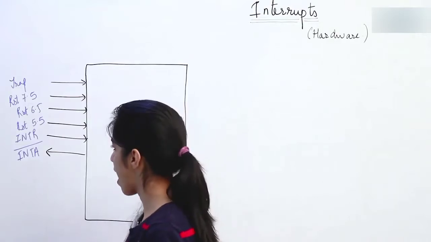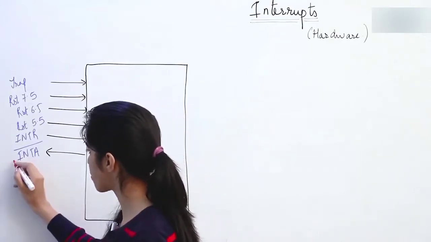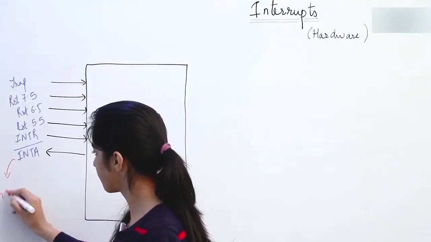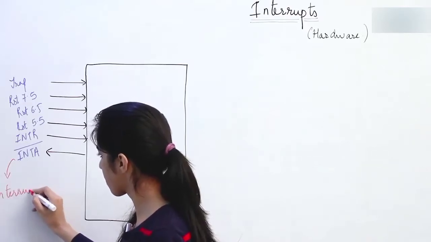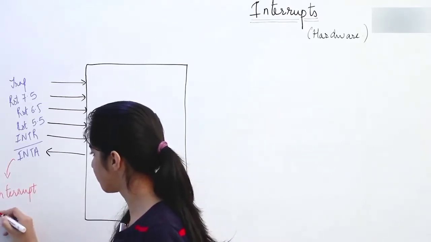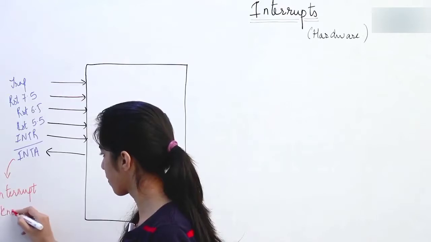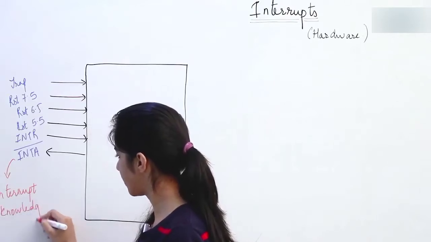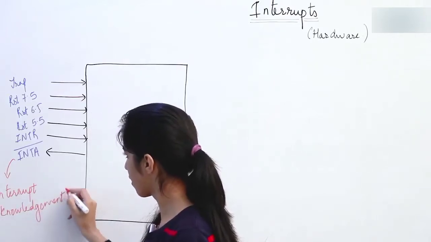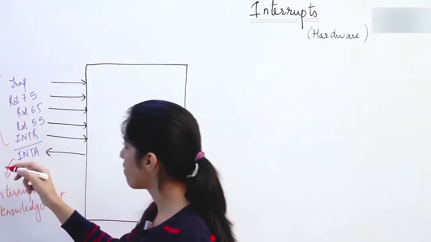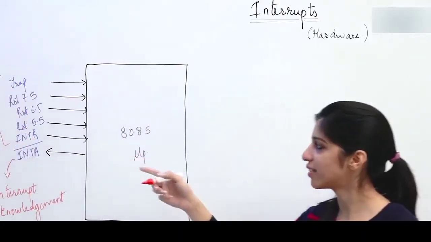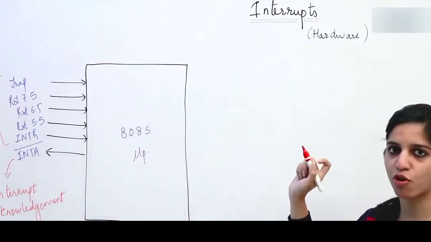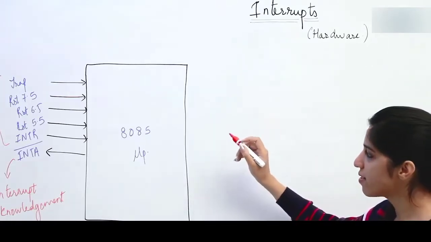This pin, INTA bar, is the interrupt acknowledgement. And these are the 5 hardware interrupts. Other than these, there are several software interrupts also. Now what happens is,